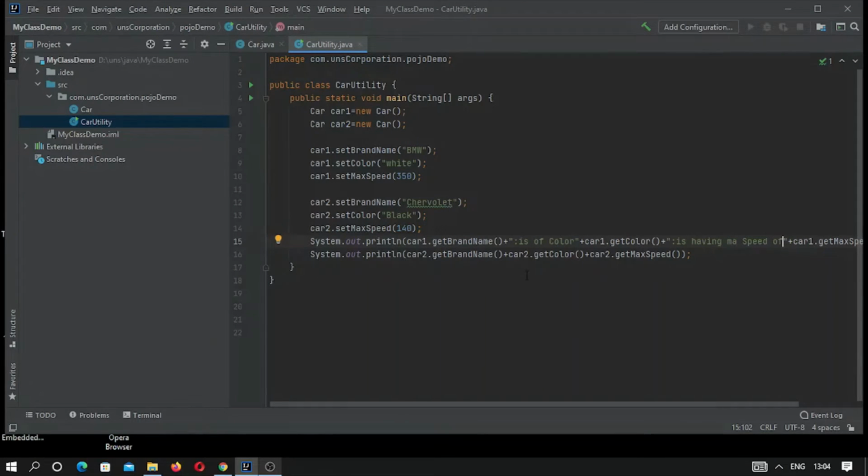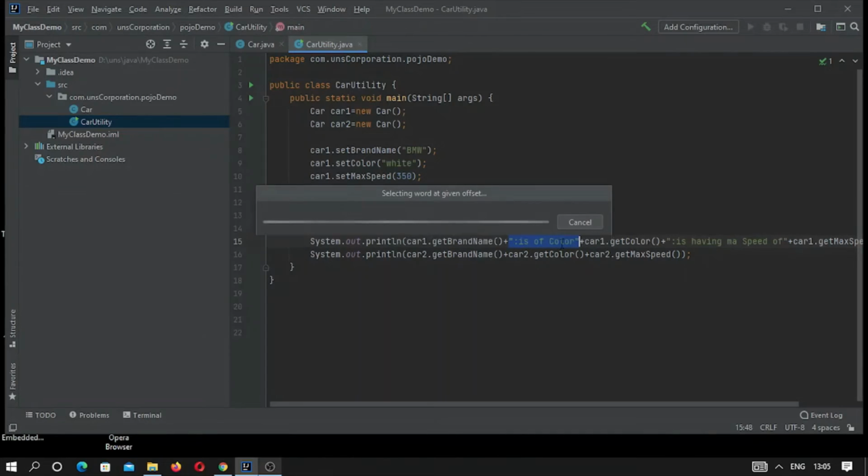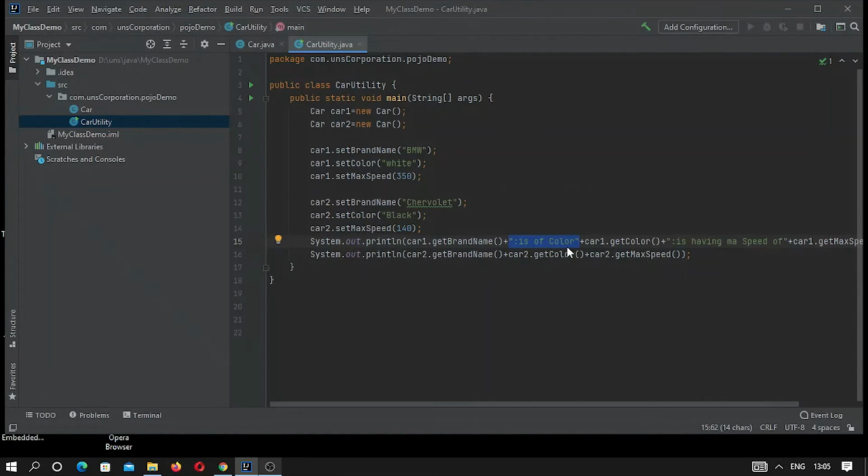Okay, so these two things need to be copied here also in this one, and here also we can copy the same thing.